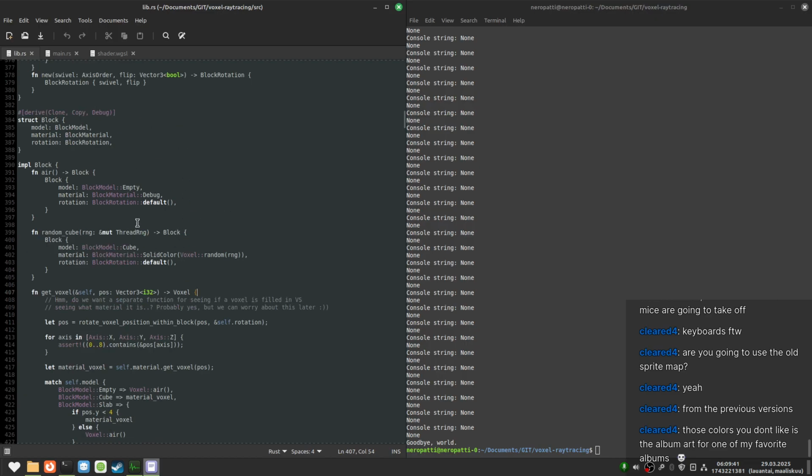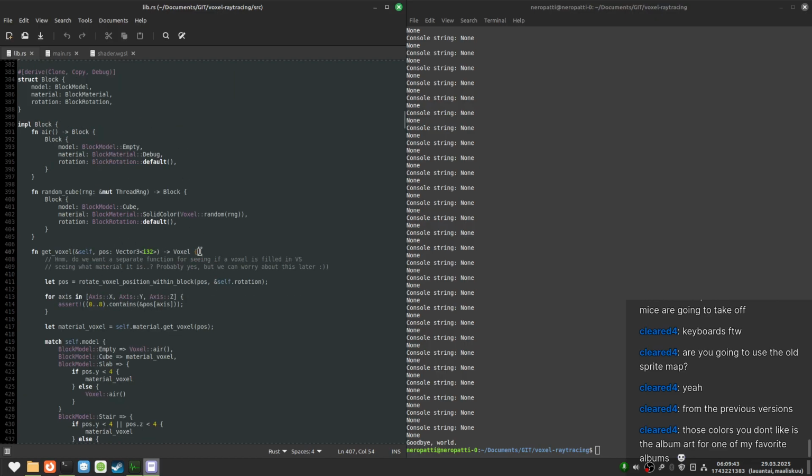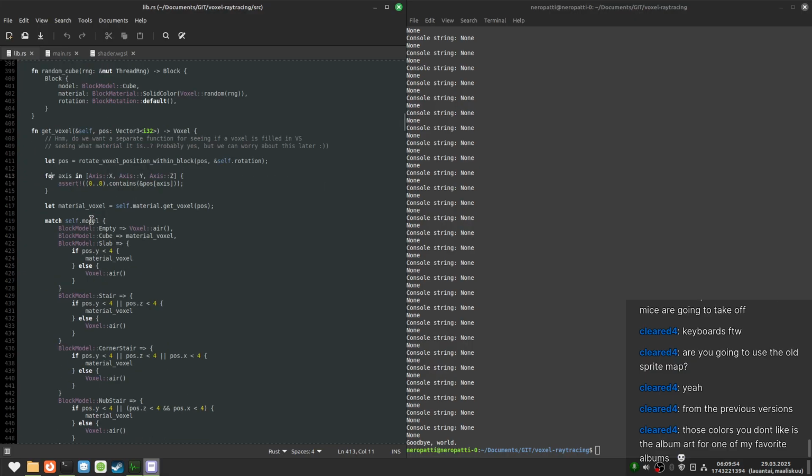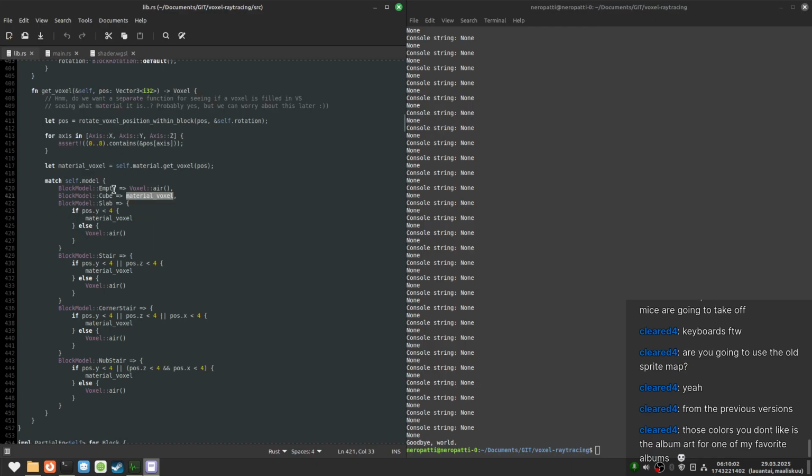But yeah, on the block level, we have a thing for getting a voxel within the block, and we check that the position we're trying to access is actually within the block here. But if the material is empty, then we just return air. Wow. If, oh yeah, okay.